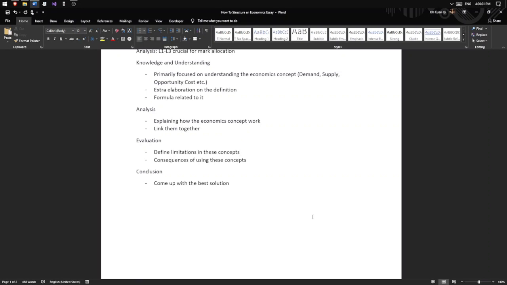What would be the limitation? For example, let's say I want to use government intervention because I want to correct a market failure in the economy. But then the limitations of government intervention would be, for example, that government intervention may or may not work accurately, because the government is unsure of whether or not this amount of subsidies would